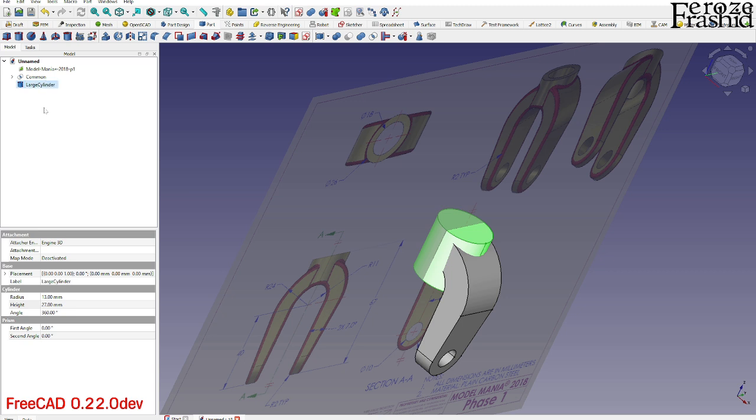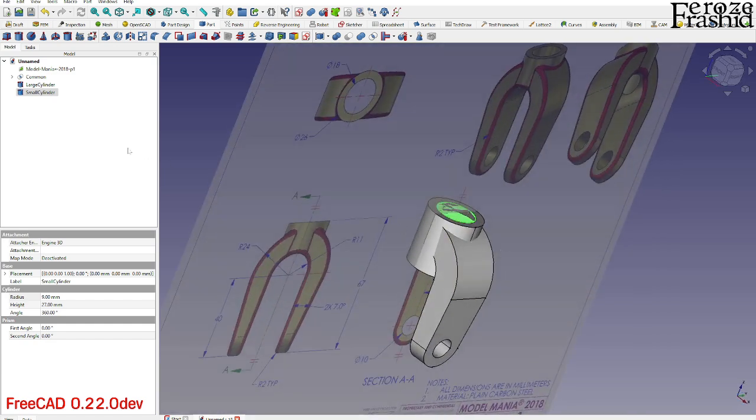and then copy and paste it, rename that as small, and make the radius small. So this is going to be 9mm radius. Okay, there will be another